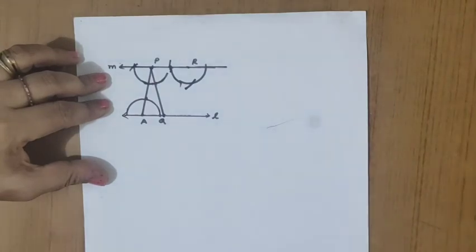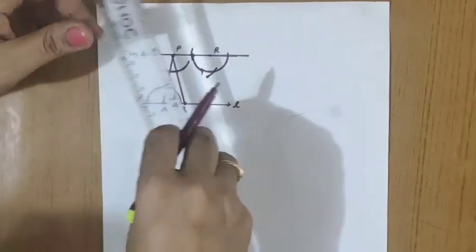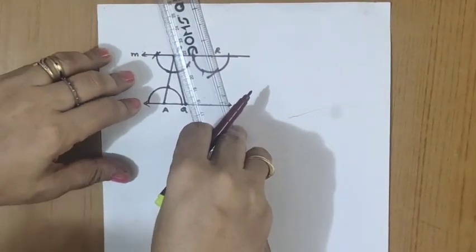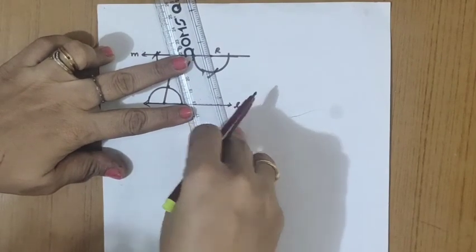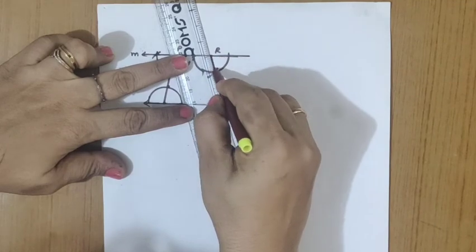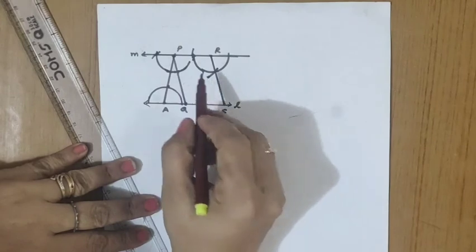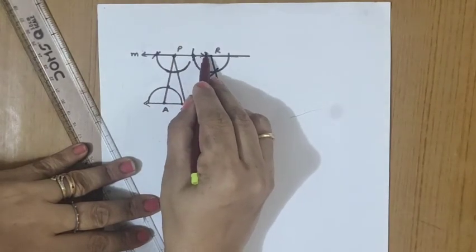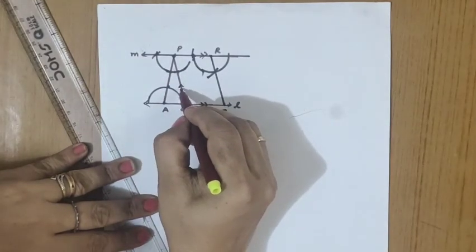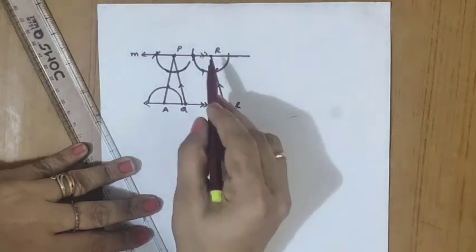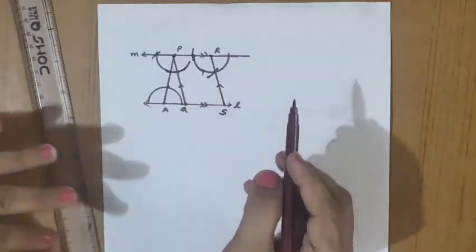Through R I have to join. So this time we have to draw through R a line parallel to PQ only. So first let us keep PQ. How the angle will be you can make out. Now slightly I have to move back because R is here only. And here I have to join. And this point is called S. Now what is the shape here? So this is parallel to QS because M parallel to L we got. Now by now we have proved that these two are also parallel. Two pairs of opposite sides are parallel. So PQSR is a parallelogram.